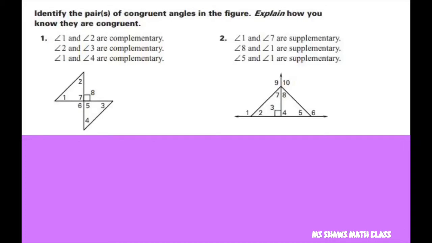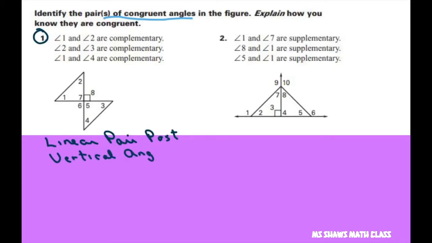Hi everyone. We're going to identify the pair of congruent angles in the figure and explain how they're congruent. So this slide is for number 1. So basically we're going to use the linear pair postulate and the vertical angle theorem, the vertical angle congruence theorem,